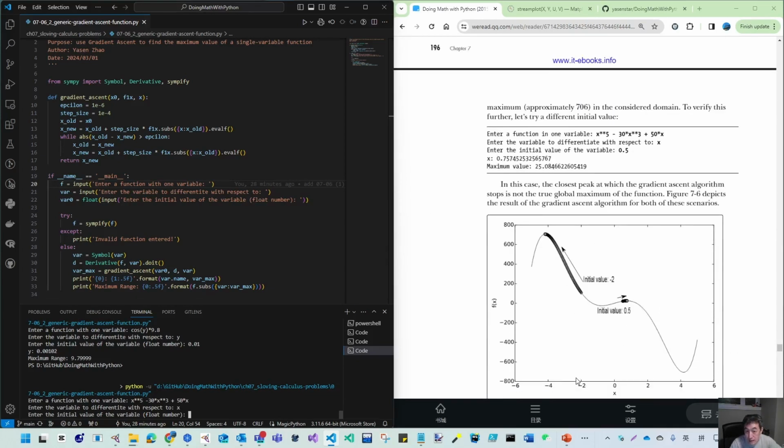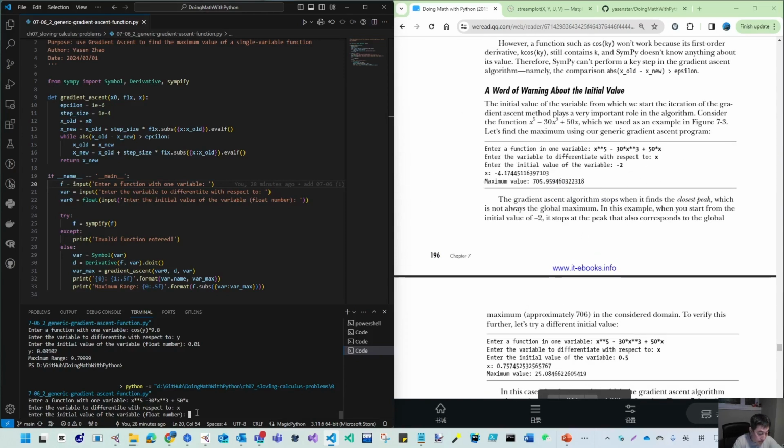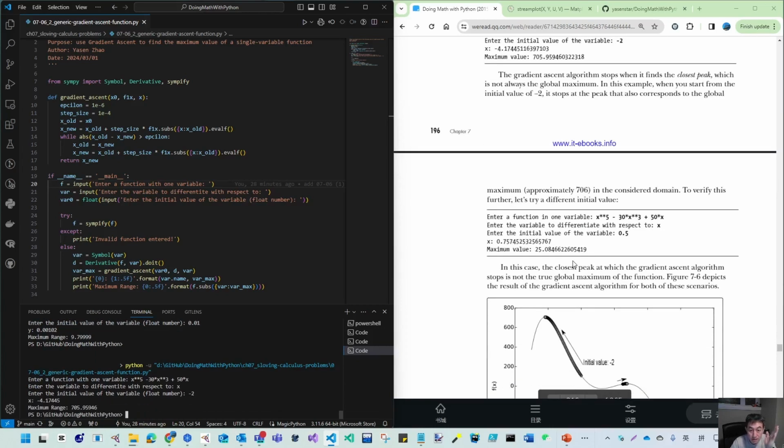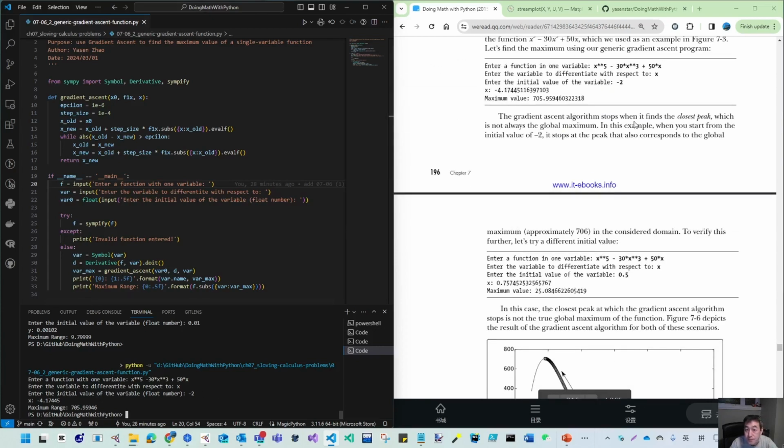If we start from the value minus 2, it will get this ascent. They will go in this direction, because if they move to the more positive side, it will be descent. So it will go to the left part, because on this curve that is the way to increase. In this example, if you start from minus 2, it stops at the peak,